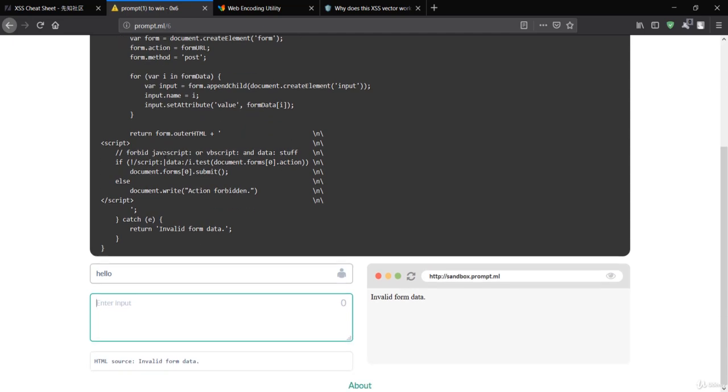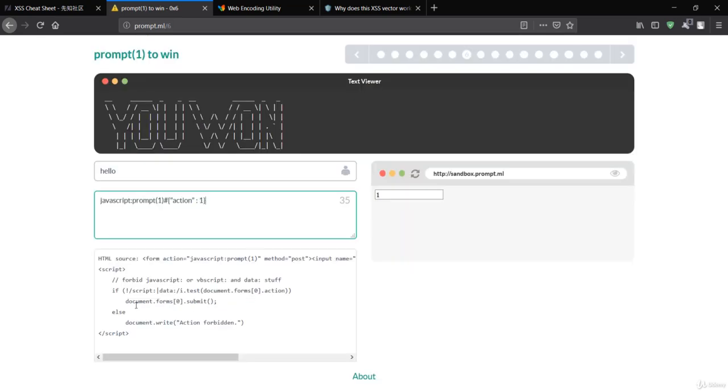Okay, it is saying forbid JavaScript. Let's do something like JavaScript, which is the way to inject some prompt. So I'll just say prompt. Prompt is basically the alert, and 1, and let me add a hash and give the actions. In order to give the actions, I'll make use of these curly braces, and this action is the attribute over here, and I'll just pass true to this action. Then it will show us that is U1.